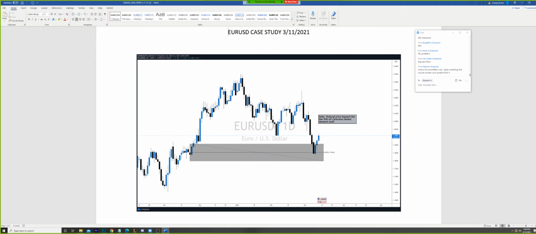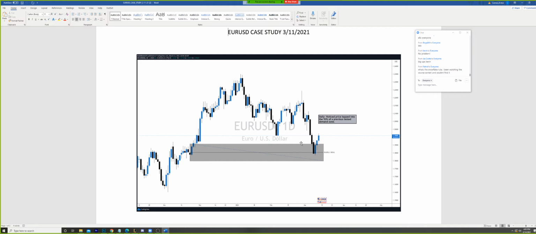As you can see on the daily, he noticed price tapped into the 50% of a previously tested demand zone. So he already understood that it's been mitigated. All he was doing was building a cause for potential higher price in this specific case. He said, I had this daily zone back in time that was mitigated. However, I'm seeing that it's mitigating right now, so I'm going to expect that there might be some mitigation that wants to take us even higher. So it's a fantastic expectation. It's a fine bias to have.